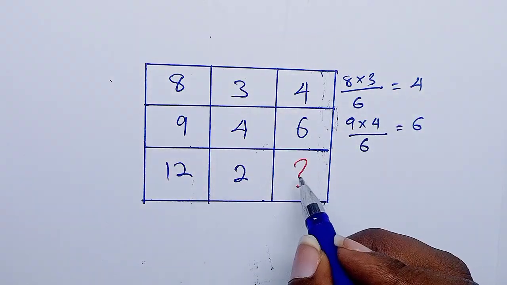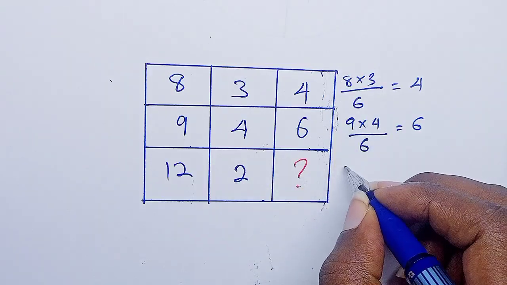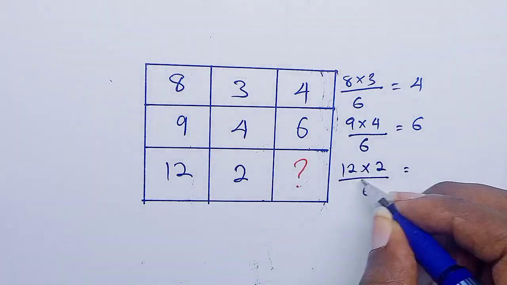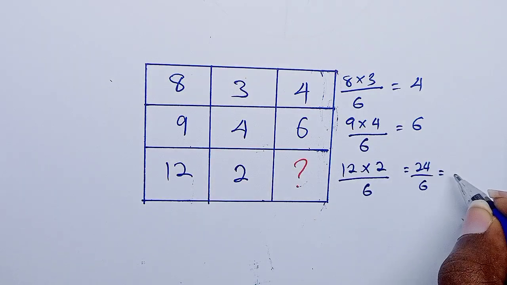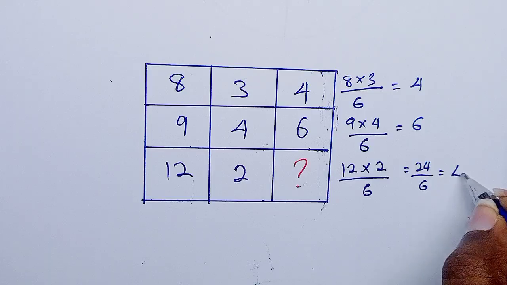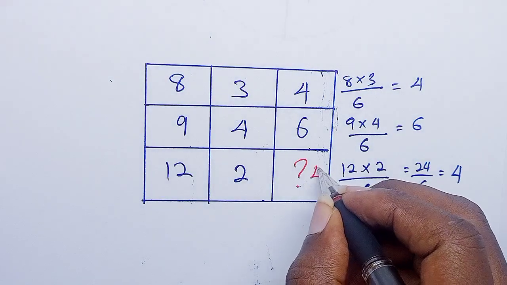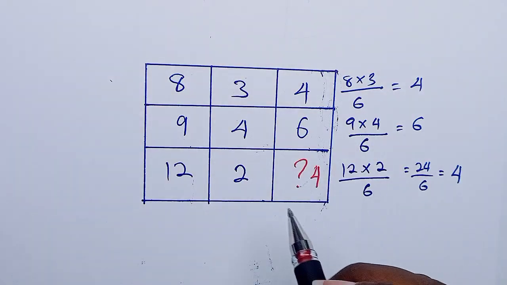So that means this one should also be able to give us this answer when we do this. So it will be 12 times 2, then divide by 6. 12 times 2 is 24, divide by 6, which is equal to 4. Therefore, the answer here is 4. That should be the same for